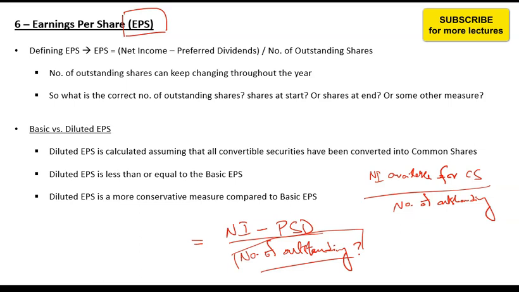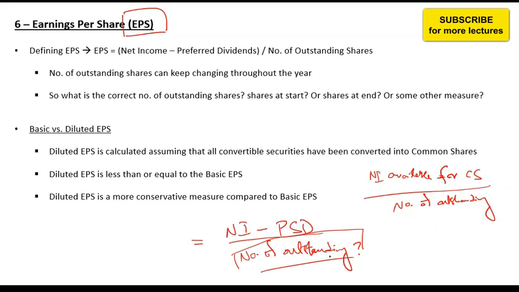Why? Because throughout the year shares may be changing, and as shares are changing, the proportion of earnings being allocated to the shareholders will also change. If number of shares have increased, then there should be lower portion allocated to each share. If number of shares have decreased, then there should be higher portion related to each share. So we do not take starting, ending, or in between here, but instead we calculate a weighted average number of outstanding shares. So usually you may find end of the year shares being taken in some reports, but that is not the most appropriate way. Most appropriate way would be to take weighted average number of shares.